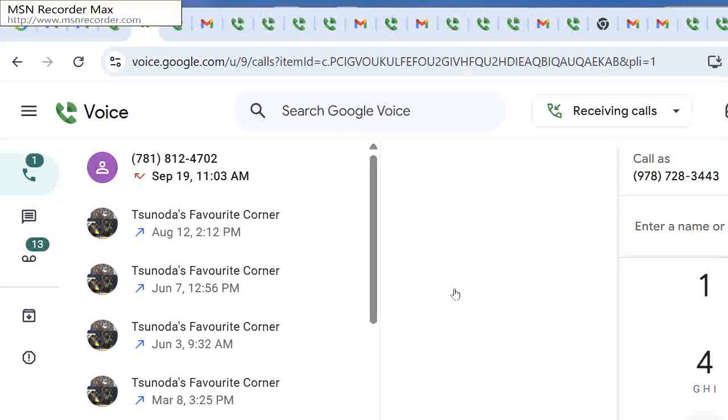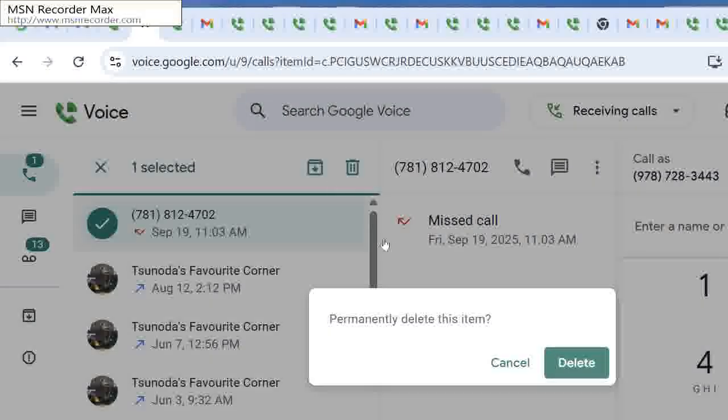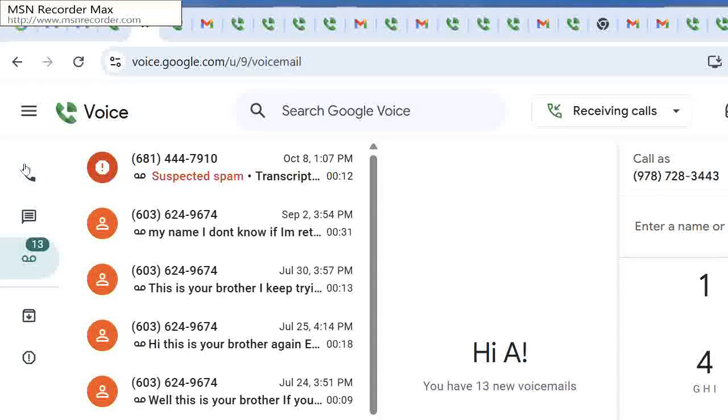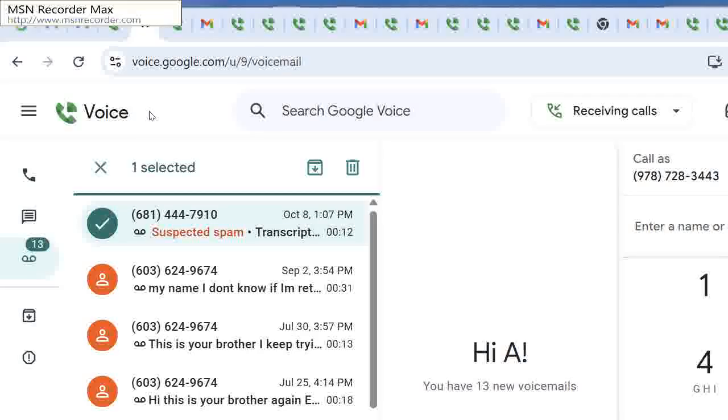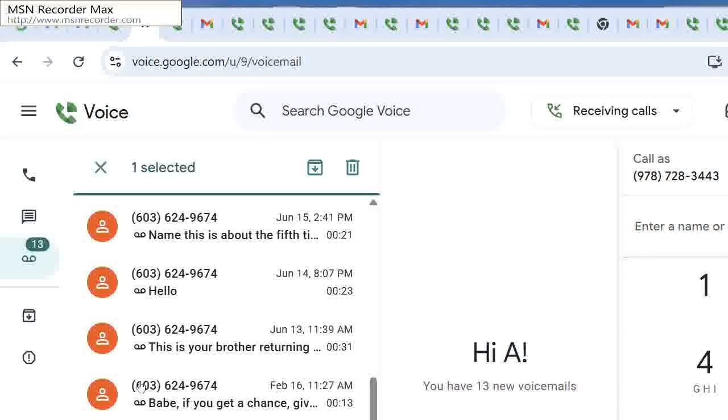At this point, I want to see the spammies and delete the spammies. So one spammy is right here. Shift, spammy, and click delete and confirm. And then go to a whole bunch of spammies in here. Shift the first spammy, then go all the way to the bottom to the last spammy. And shift, delete all these spammies.